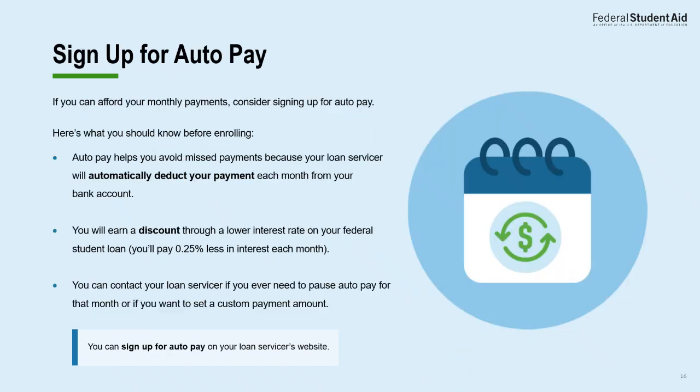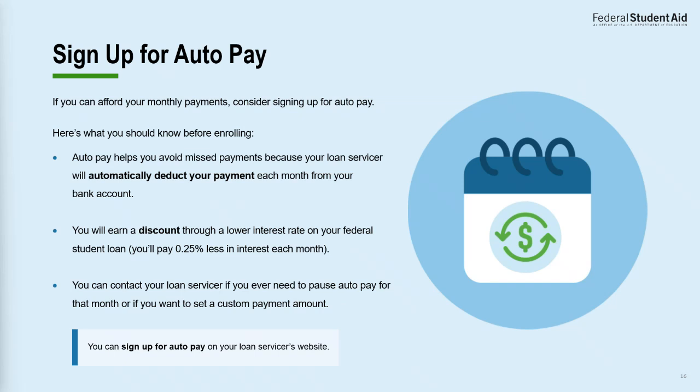Let's talk about some additional tips. One, you can sign up for auto pay. Now, before you close this webinar, you're probably thinking, auto pay? I'm having trouble with my payment now. But when you get into a more affordable repayment plan, this might be a very good option for you. And there are benefits that I want to make sure that we discuss. So one, this automatically deducts your payments from your account that you give us permission to do so. So that way you don't have to worry about missing your due date any longer.